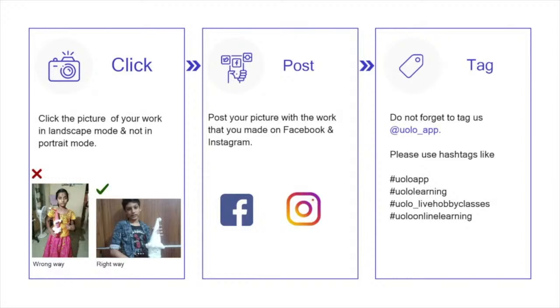Just a tiny reminder, your submission looks a lot better if you click a photo in the landscape mode rather than the portrait mode. Do not forget to tag us at YOLO_app. I'm eagerly looking forward to all your submissions right after